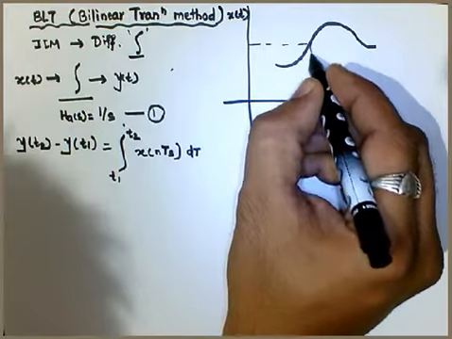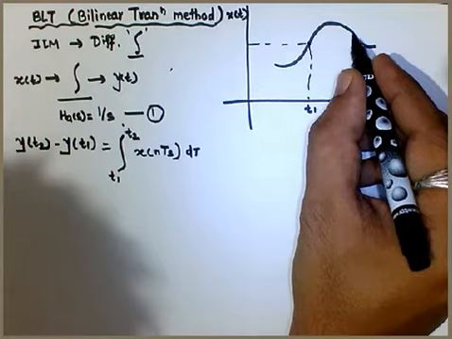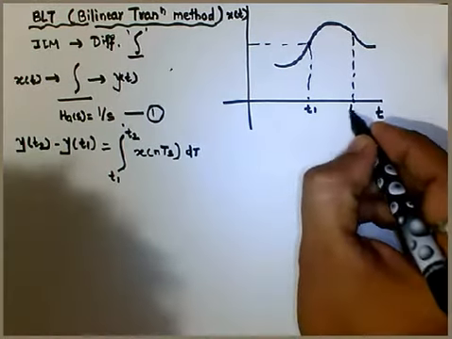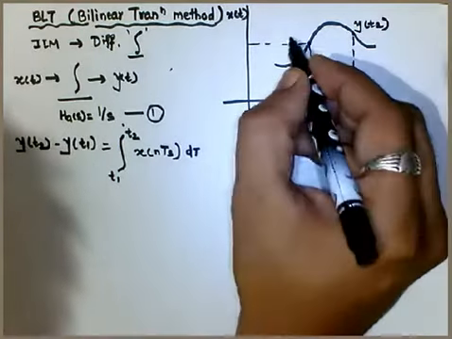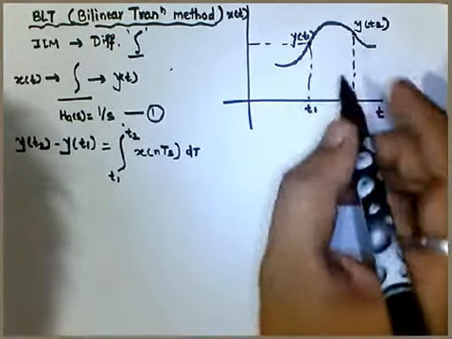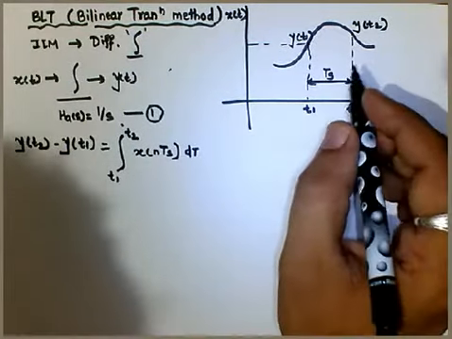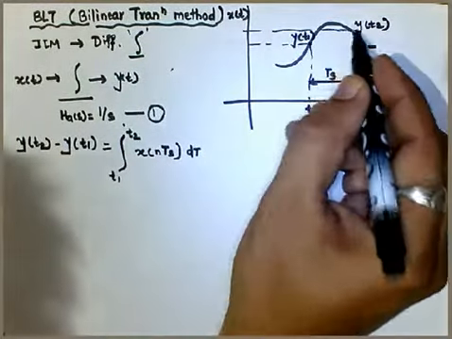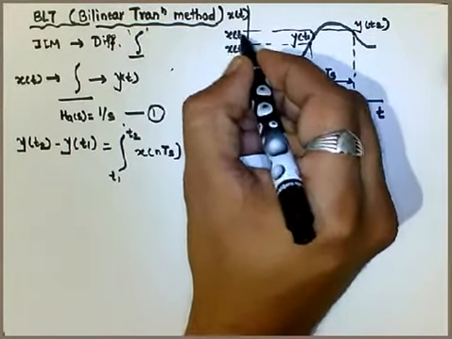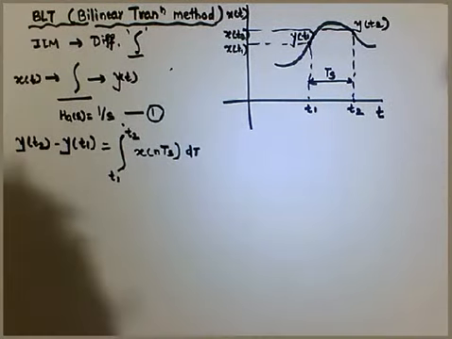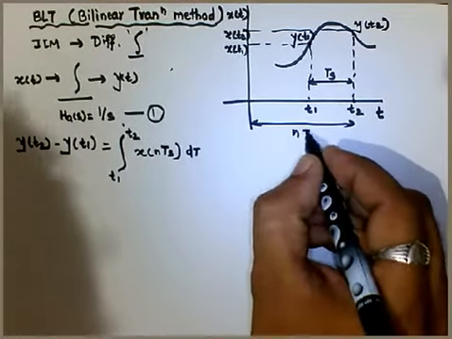At this particular time instant, let's say it is t1, I got this particular point. At t2 I will just show it here. So this is the t2 instant. So I got here the output, let's say it is y of t2, and this is y of t1. Obviously this particular time duration is nothing but the time Ts. Here, this is x of t1 and this is x of t2. Now this is giving ultimately the entire time duration as nTs over here.